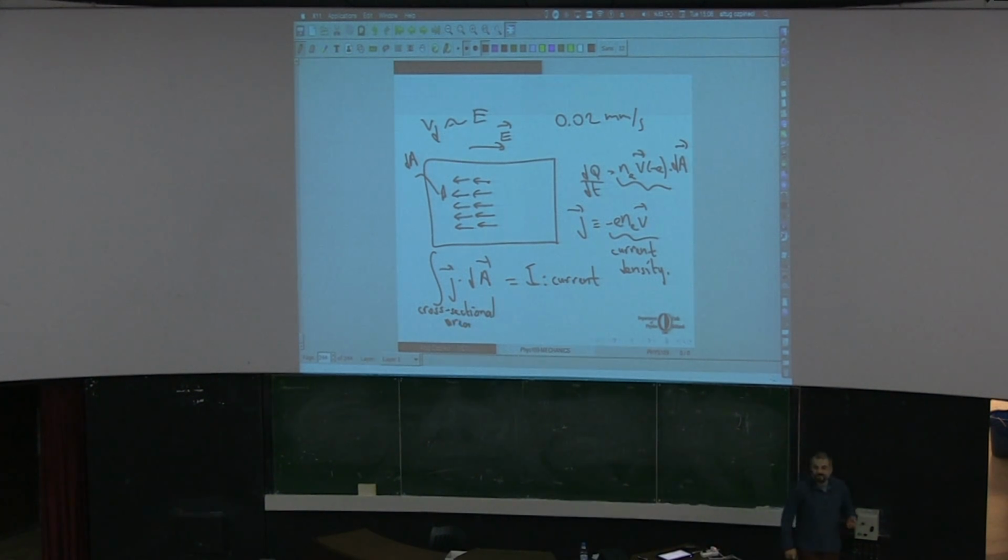The current itself still has some direction information. So if this is your area, the current can be flowing in this direction or in the opposite direction. So it has two directions. Nevertheless, it doesn't carry as much direction information as a vector. So it's not really a vector, it's just a number. It's just like the flux. Remember, the flux can be both positive and negative. Nevertheless, it's just a number. The current is also just a number, it's not a vector. It can be related with a vector itself, but the current is not a vector.